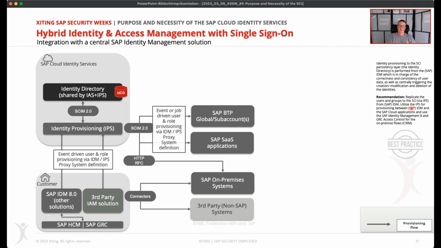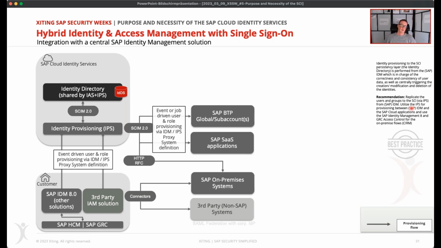That's really high level here. And if you want to dive deeper, I can just recommend looking at the recommendations from SAP. I will show you in the conclusion and in the takeaway part some sources of information on how you can find more information about that. But generally, other third-party IDM solutions like SailPoint, like Omada, like One Identity, or you name it, can be integrated in a similar way.